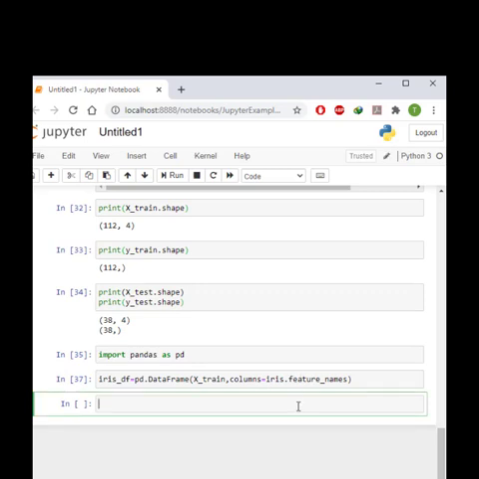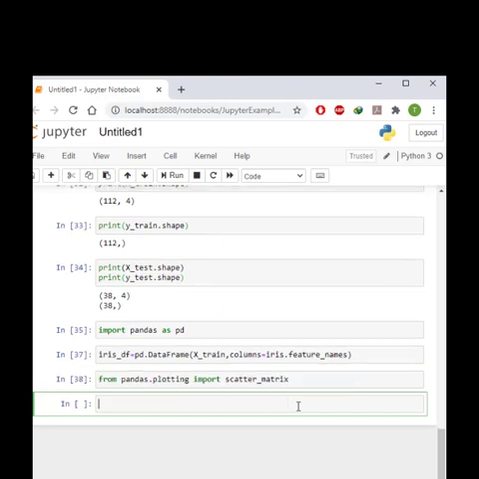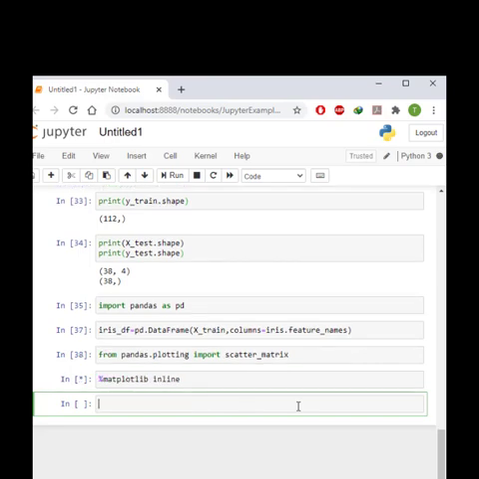And for plotting the graph with the pandas library, we should use scatter matrix. Again, from pandas plotting, import scatter matrix. And to see the chart between lines, we should use the command matplotlib inline. And for scatter matrix